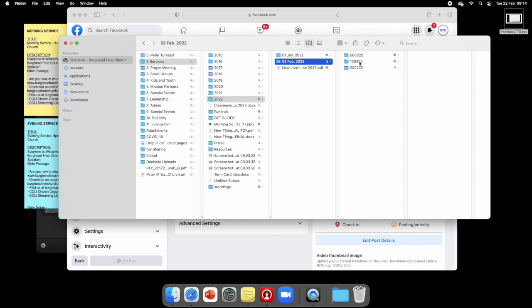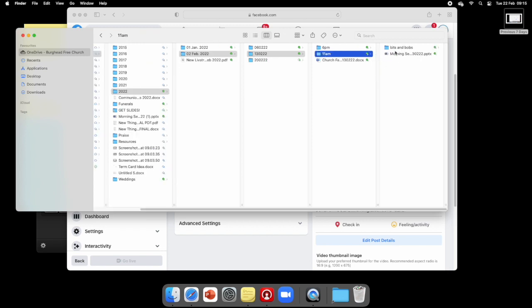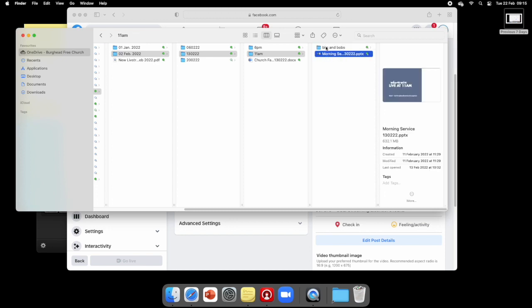Let's go with the 13th of February 2022. Let's imagine that was the date this Sunday. So we click on that, and then let's say it's the morning service. So click on 11 a.m. And then you should find it like this. Ignore the folder that says Bits and Bobs. That just contains everything else that relates to the service, but you don't need that. You just want the PowerPoint here. We put everything else in Bits and Bobs so that the PowerPoint is the only thing left here, so it should be obvious. You see it says Morning Service, 13th of Feb 2022, PowerPoint there. So if you open that,